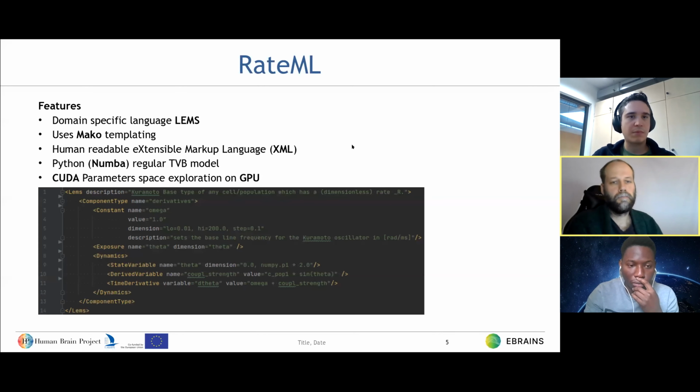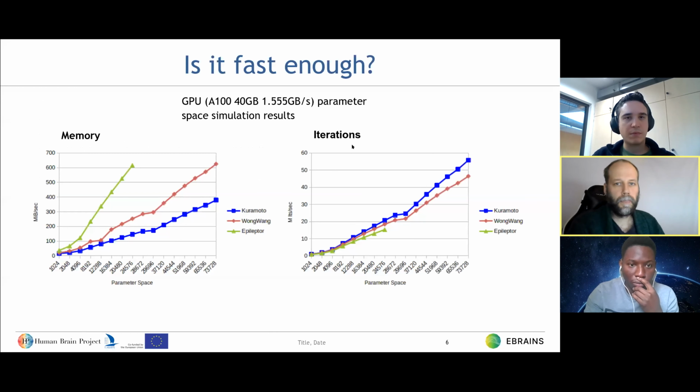So yeah, is it fast enough? I think I would say yes. We can do up to almost 74,000 parameters on a single GPU, and we're not even talking about the multiple GPU implementation, but 74,000 parameter combinations can be swept.